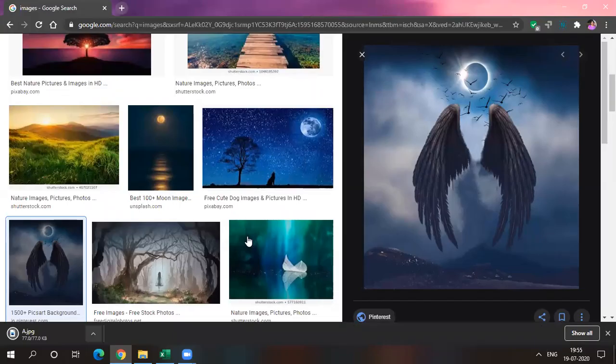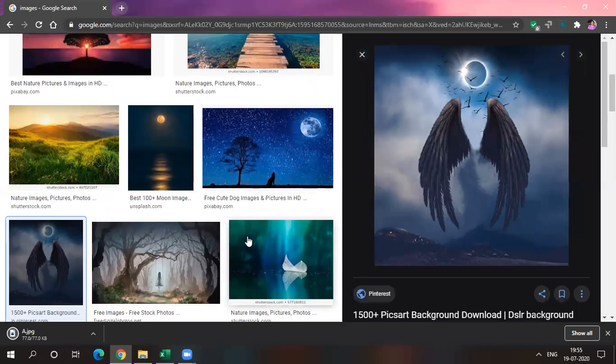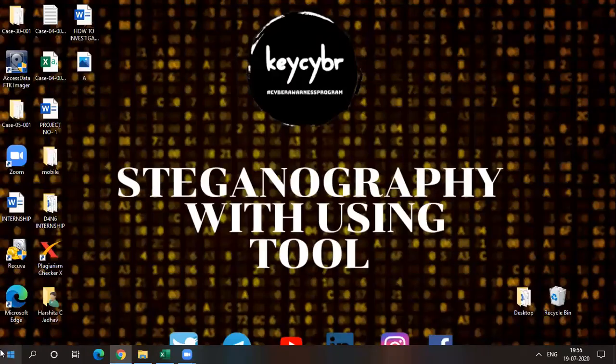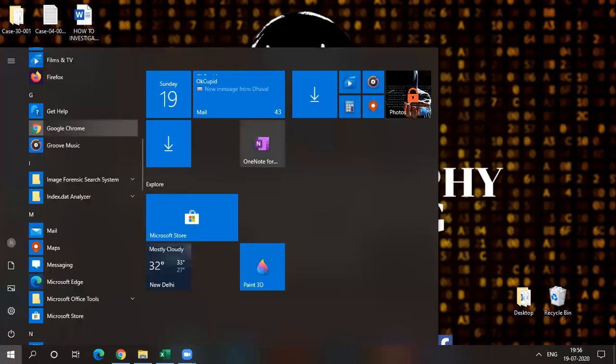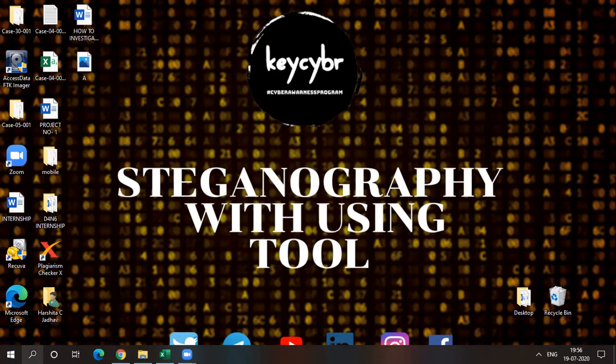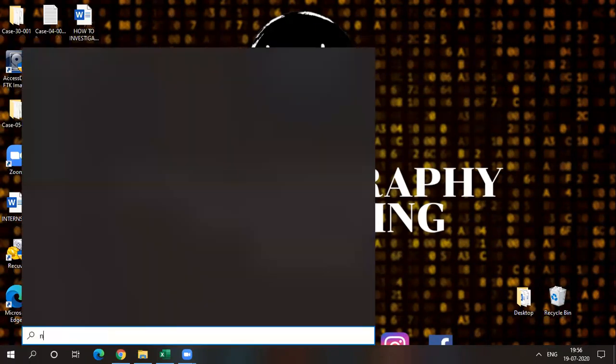After completing the download, I will be able to see my image. Then we can create one document file. In that, we need to put some personal content, like my password or any personal information. So we can hide those personal messages in that image, and if I want to share the image with a third person, he or she needs to extract it and will be able to read my messages. So for that we need to open Notepad. I preferably use Notepad only.